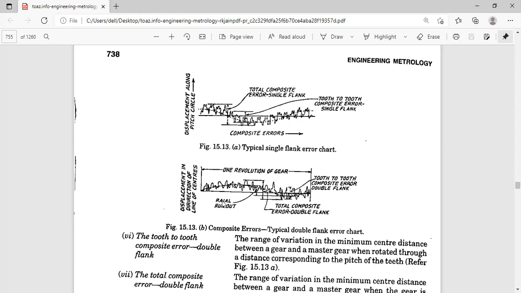So we can have that tester, and just like we mount the job between the two centers in a lathe, we hold the gear on a mandrel. A mandrel is an accessory or a supporting device. We'll see it in the acceptance test or alignment test, and we'll talk more about this mandrel. A mandrel is a cylindrical workpiece, or a particular accessory, just like a straight edge of 25 diameter and some 40 or 50 length.